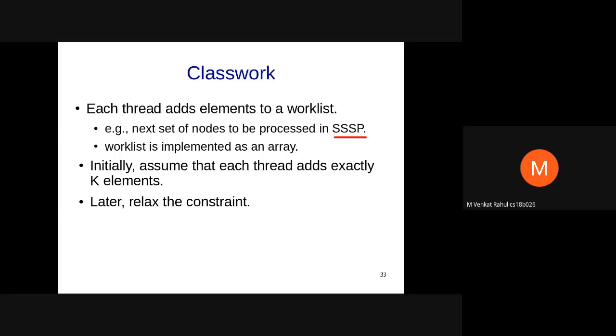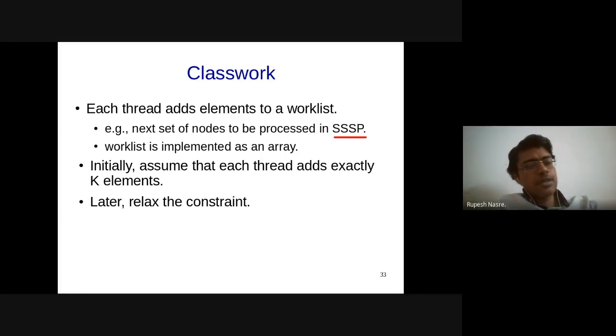Sorry, Venkat, go ahead. Also, is it something like, since increment is an assembly instruction, there's a straightaway assembly instruction available for increment in most languages. So can we say that atomic increment is faster than atomic add? Yeah, so typically no. The reason being that, although increment is definitely going to be slightly faster compared to add at the very lowest level, it might not show up in the profiling as such.